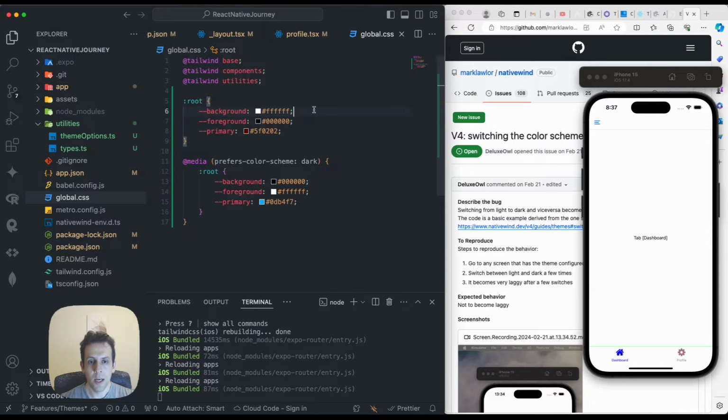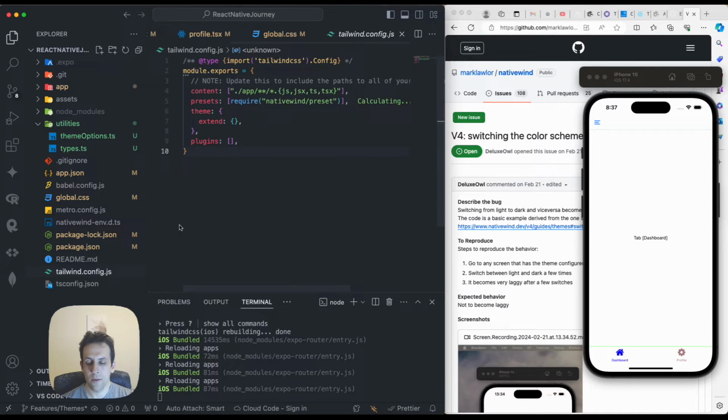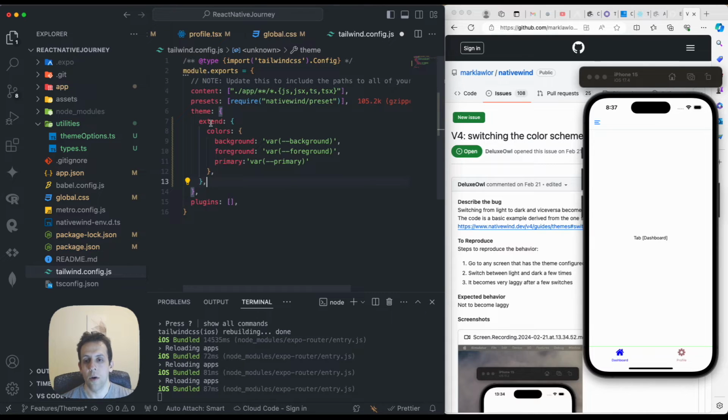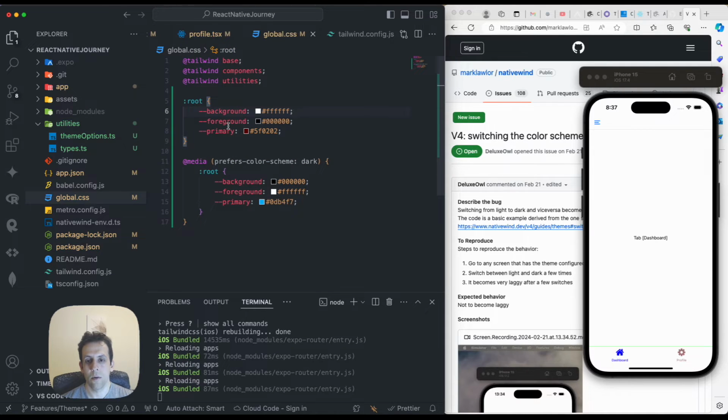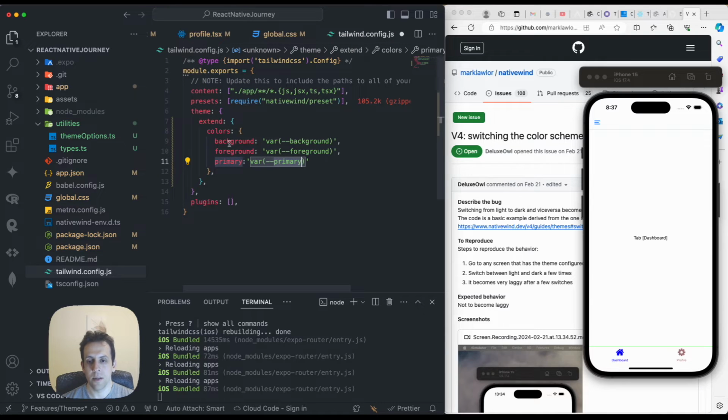And for the Tailwind CSS to recognize these, we are going to have to go to the tailwind.config.js file, and there we are going to add those to this extend part over here of the theme. We're gonna assign these colors, which are basically grabbing those variables, background, foreground, and primary from the global, and then kind of assigning those to these NativeWind or Tailwind